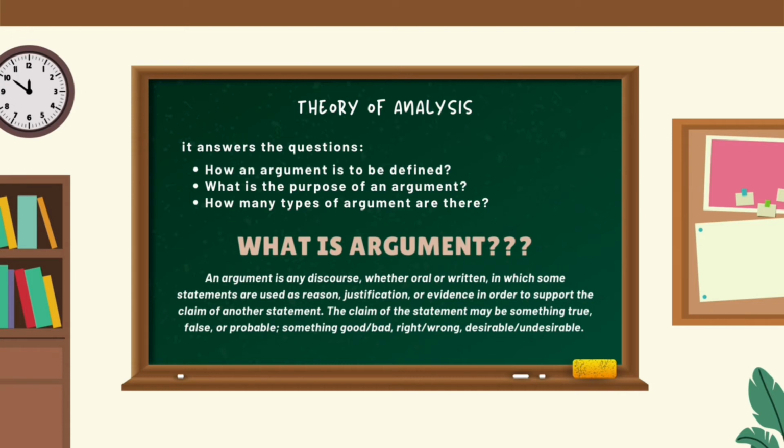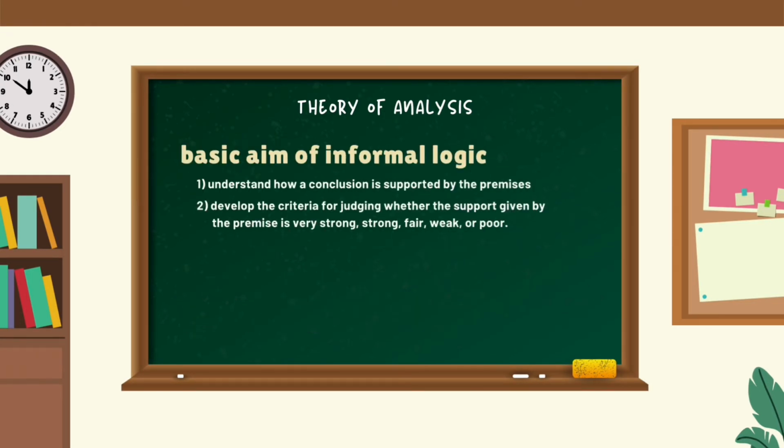Ngayon naman, ano ang bumubuo sa arguments? Katulad ng sinabi sa discussion sa Unit 3, Module 1, arguments consist of discourse used to support a claim. Ito yung tinatawag na premise. At ang discourse supported by the premise naman ay tinatawag na claim. With that, the basic aim of informal logic here is to first understand how a conclusion is supported by the premises, and to develop the criteria for judging whether the support given by the premise is very strong, fair, weak,